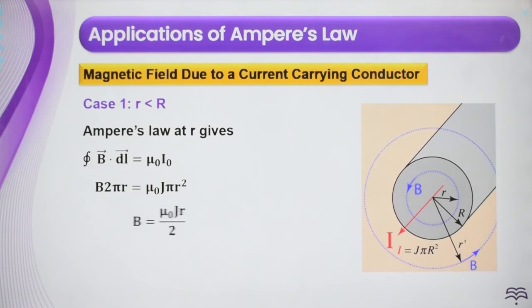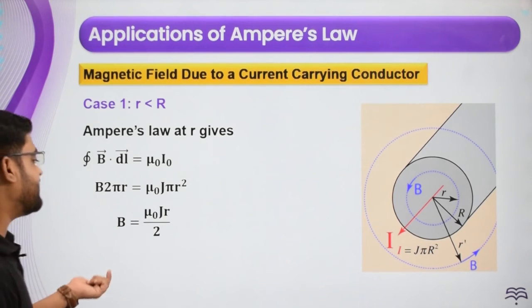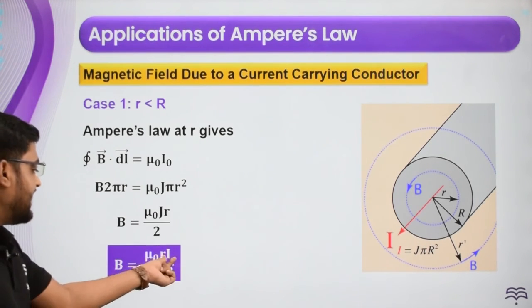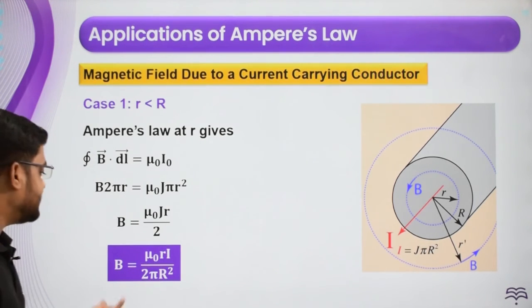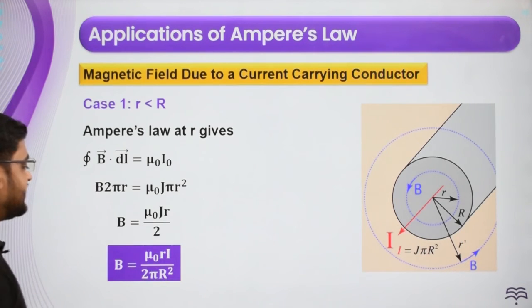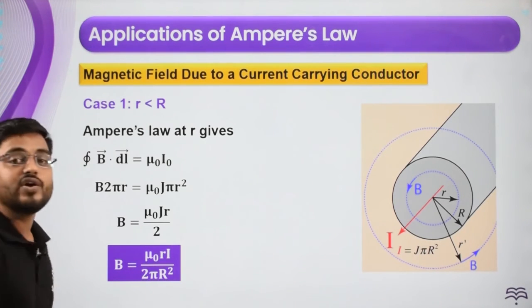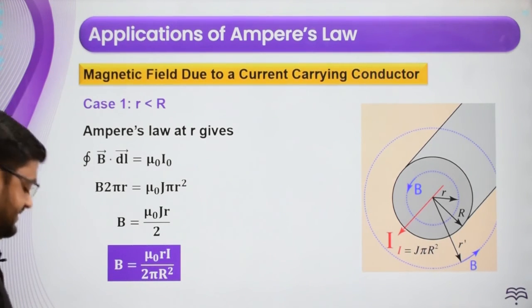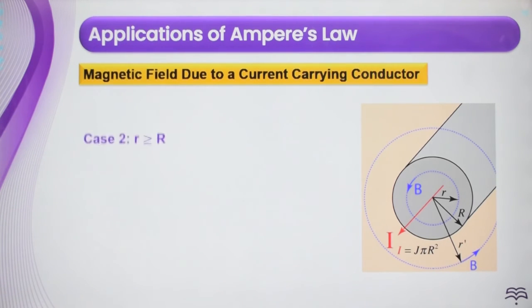So we can make this expression: it is μ₀JR/2, or μ₀IR/(2πR²). It is directly proportional to small r. Here μ₀, I and 2πR², all the things are constant quantities. Now next is the second